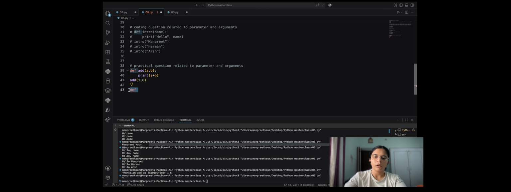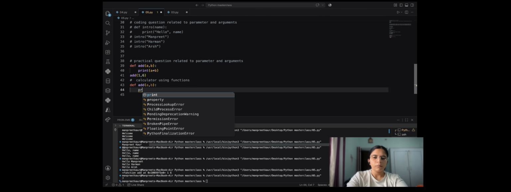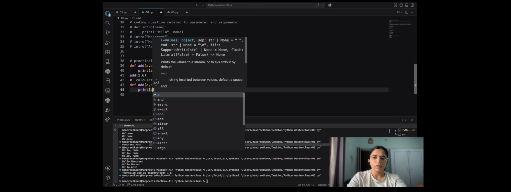Okay, now we are going to make a calculator using functions. def add a comma b parameters and a plus b.